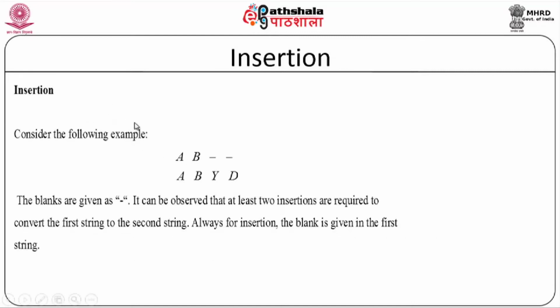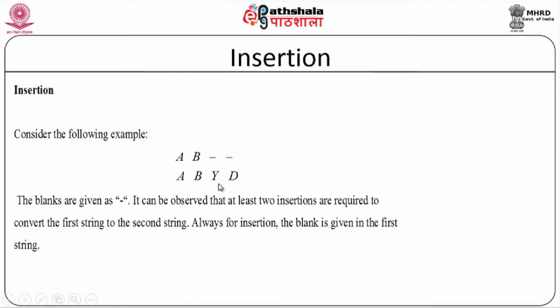This is a case of insertion. AB is one string, ABYD is another string, where there is a match. You see the characters are missing here. So, this string can be transformed to this string by inserting characters Y and D. Suppose the cost of insertion is 2, then with a cost of 2 this string can be converted